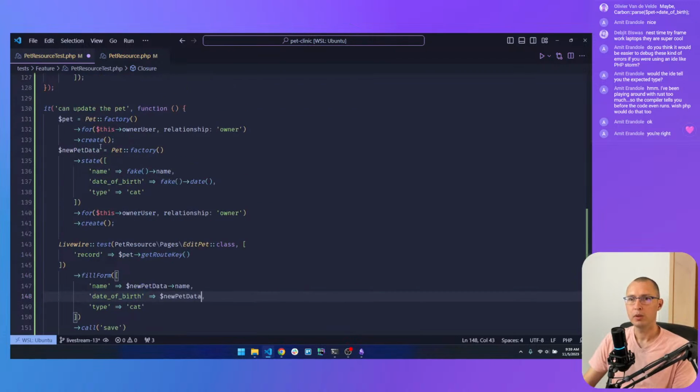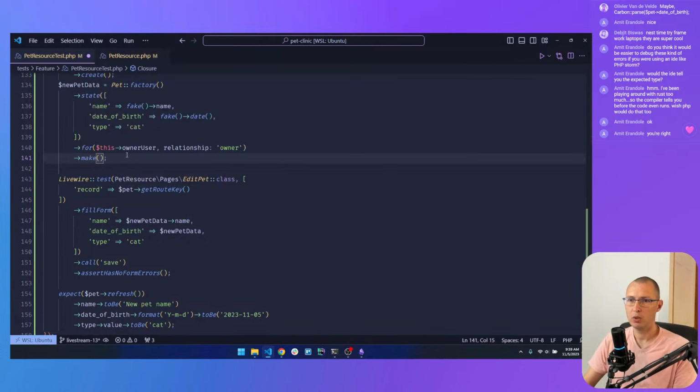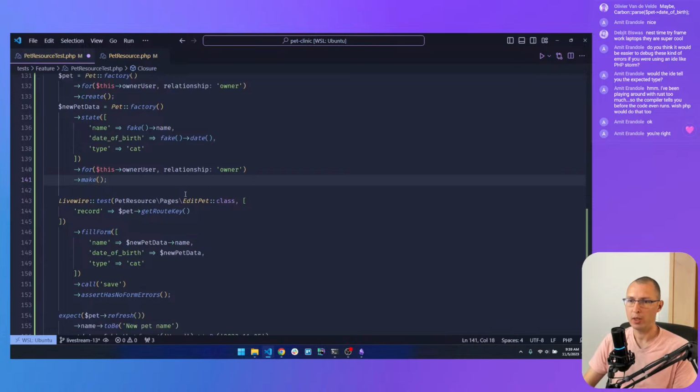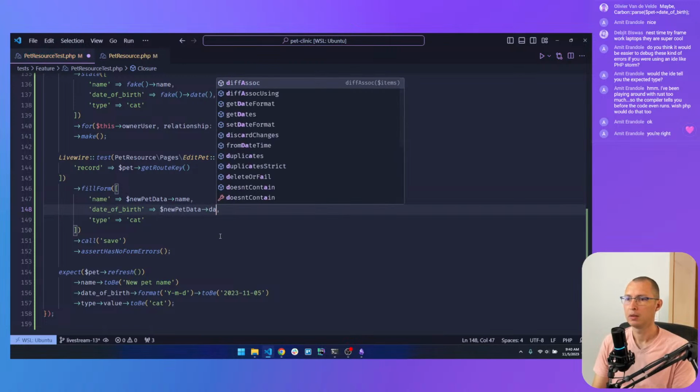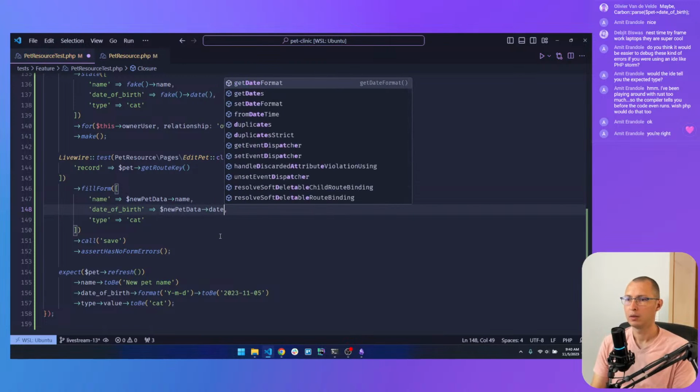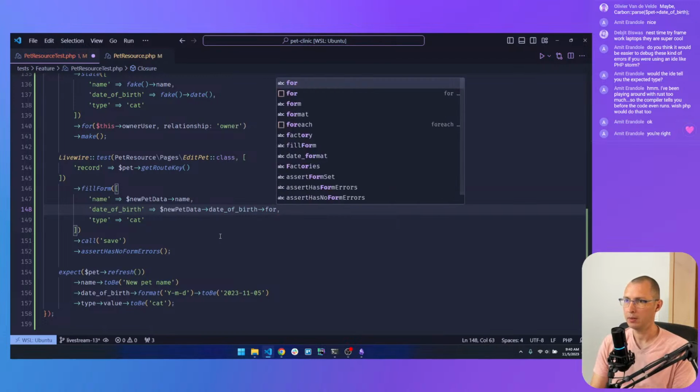Oh, are we using, yeah, we're using create. This should be make, because we don't want this new data on the database, we just want it on the instance. And then we make sure to format this.